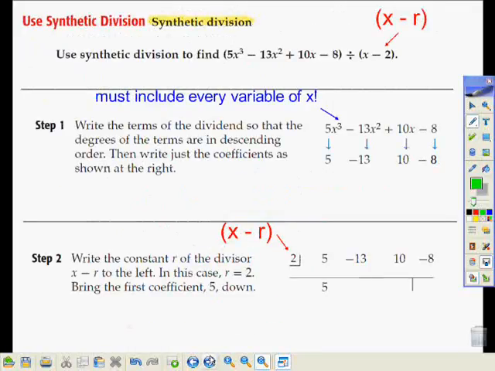Next is called synthetic division, and this is a shortcut to doing that. It's pretty much doing that same process, but it's doing it in a very different way. So what they do first of all is they look at whatever their